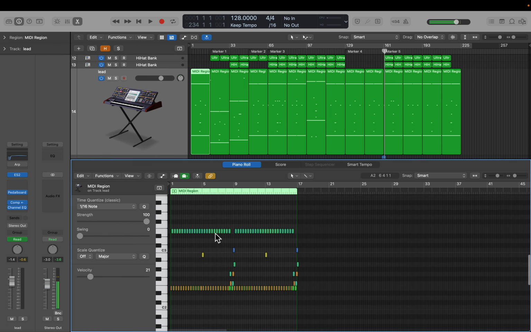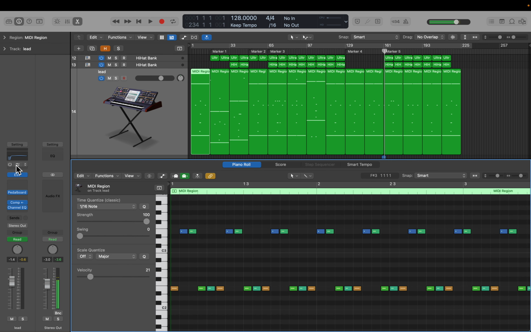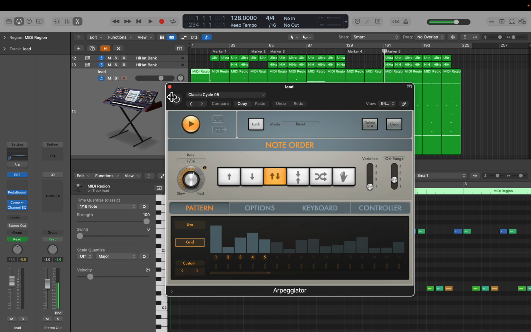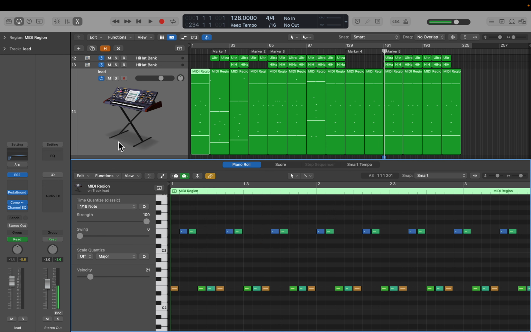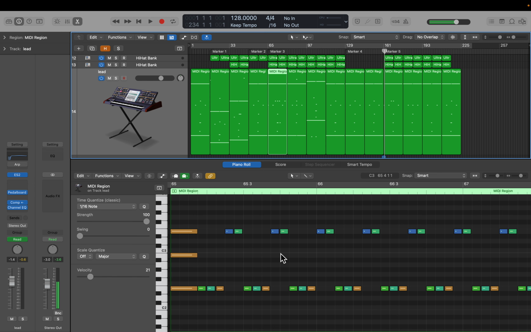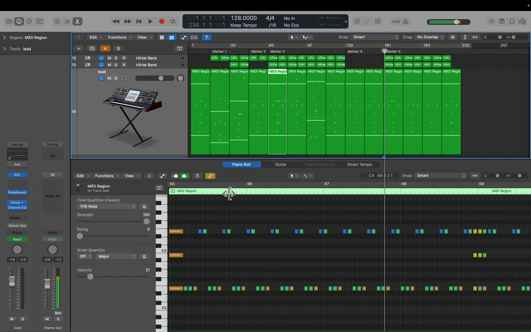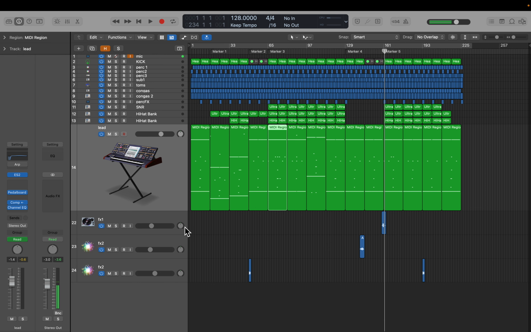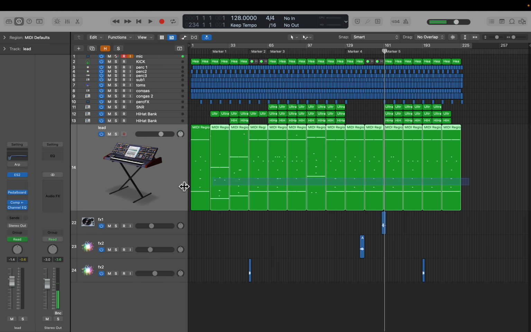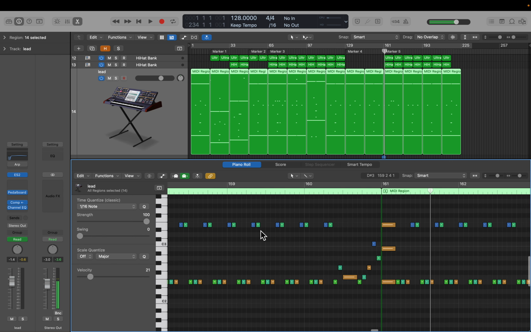So that ARP is something that I played around with here with the arpeggiator plugin in Logic, and I just changed some knobs, changed some buttons, and came up with stuff that I liked, which then you can translate into MIDI. So I translated that initial ARP that I liked into MIDI,